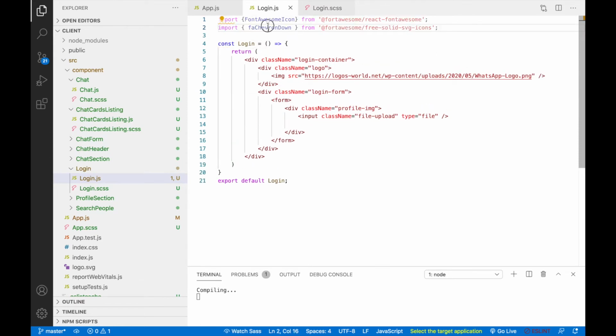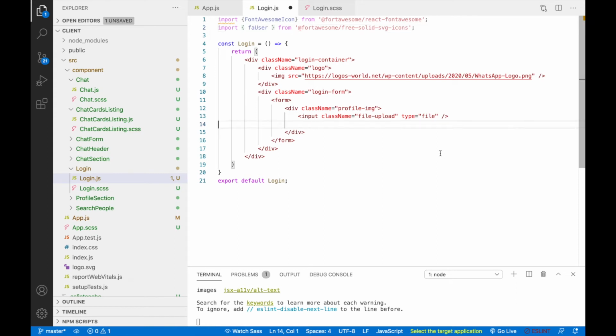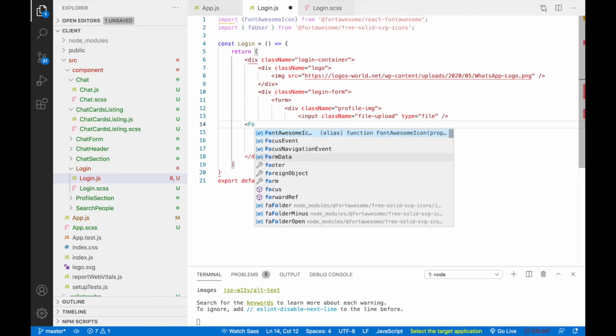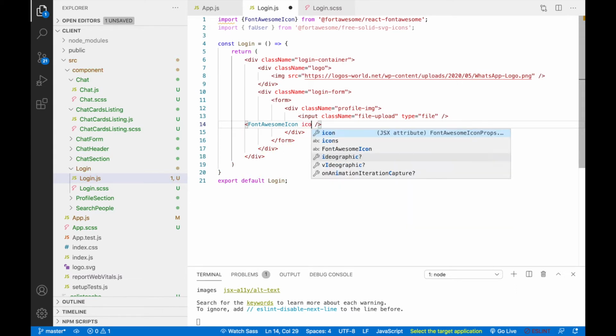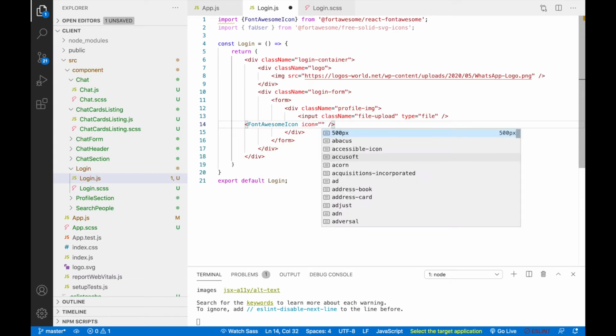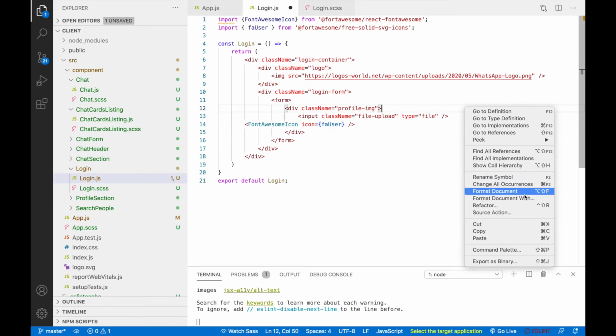Okay, so here we need FA user and here I will call font awesome and the icon for this will be FA user. I will just format my document.